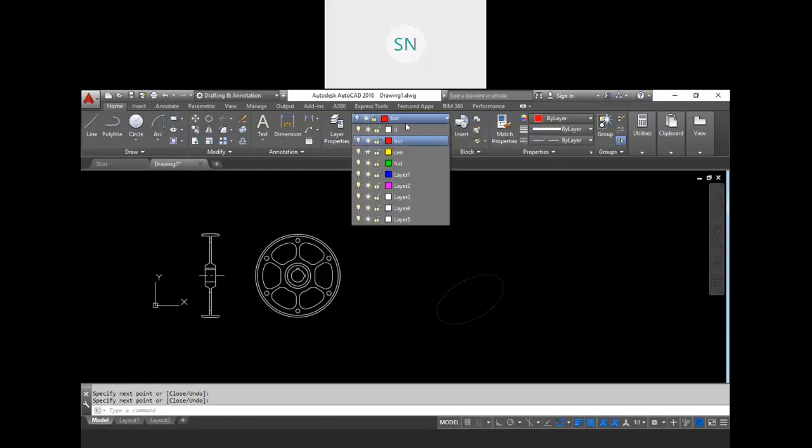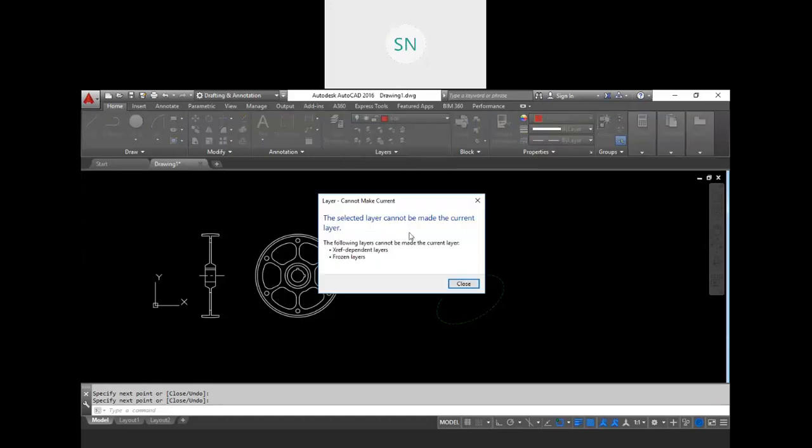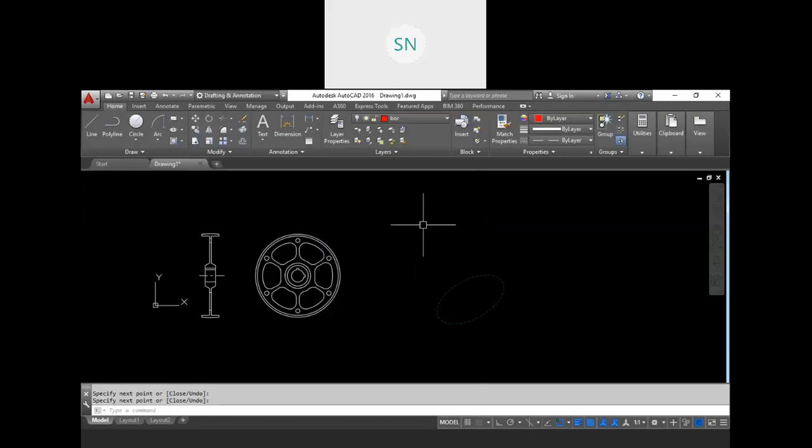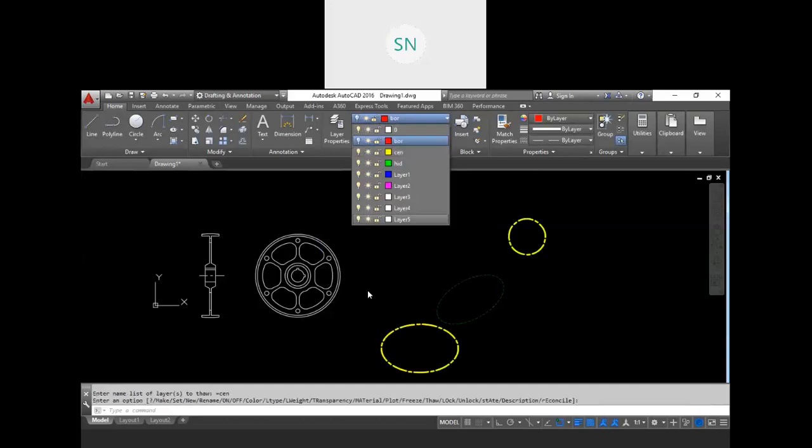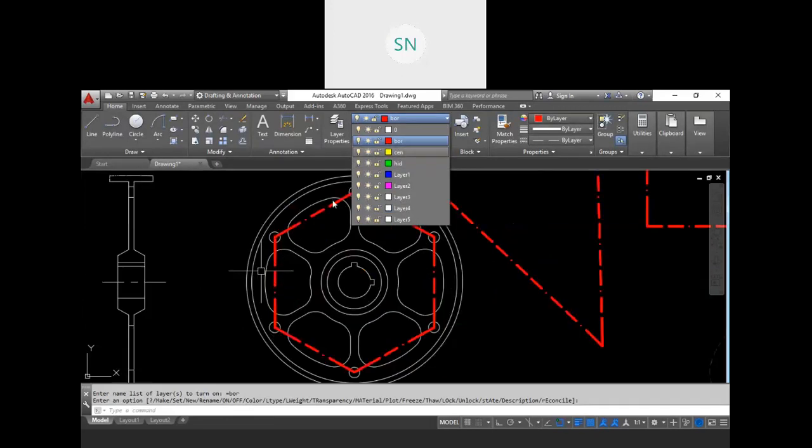But we are not allowed to work in center layer. See, if we try to make it current, we get a notice that the selected layer cannot be made current, and we are not allowed to make it current. So we are not allowed to create any object with that layer. Now let me unfreeze this, so our object will be back, and let me turn that on, so this object will be back again, and see this line we have created.